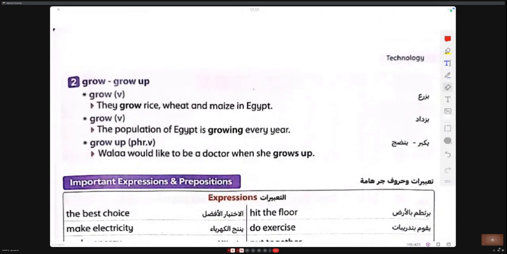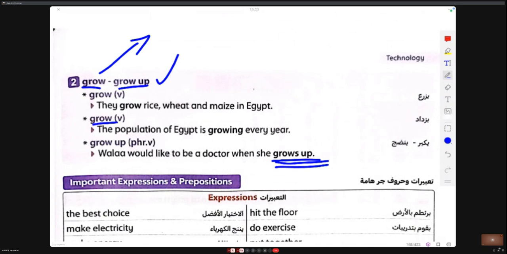Grow up. Grow, maybe we use grow for plants, grow plants. But grow up, معناها to become older. Wala would like to be a doctor when she grows up, when she becomes older.